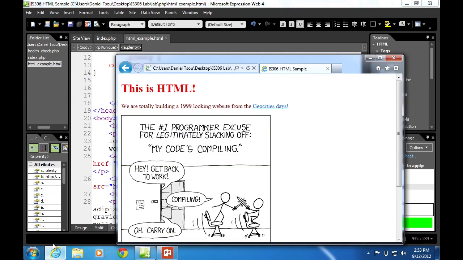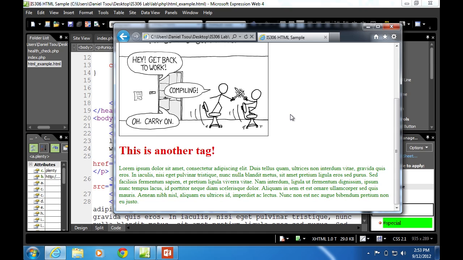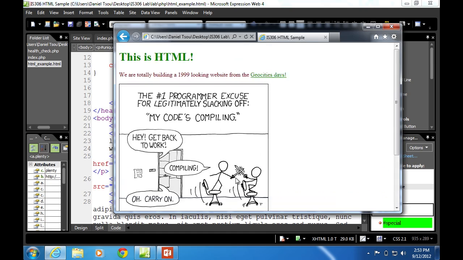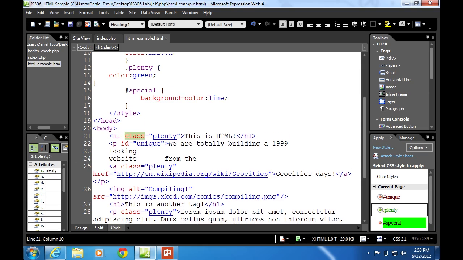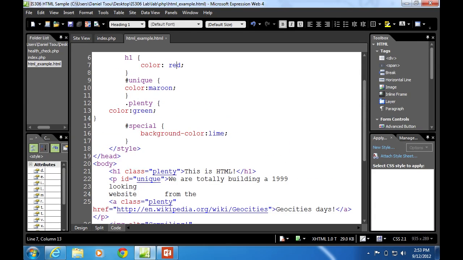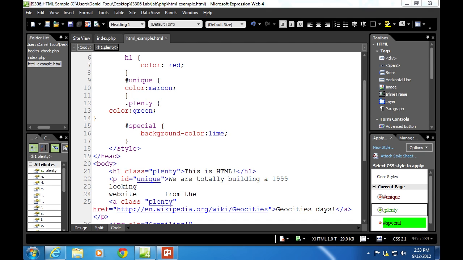So let's take a look at Internet Explorer and refresh. And now this particular H1 tag has turned green, and so has this link down here, and this entire paragraph has turned green. Now you'll see some very interesting things here with what I've done. If you notice on this side here, first of all, the H1 tag, I set a property of red, and I set a class. So the class, which is within this H1, has overwritten the H1 tag. So that's one of the things that happens if you put a class or an ID. It will override